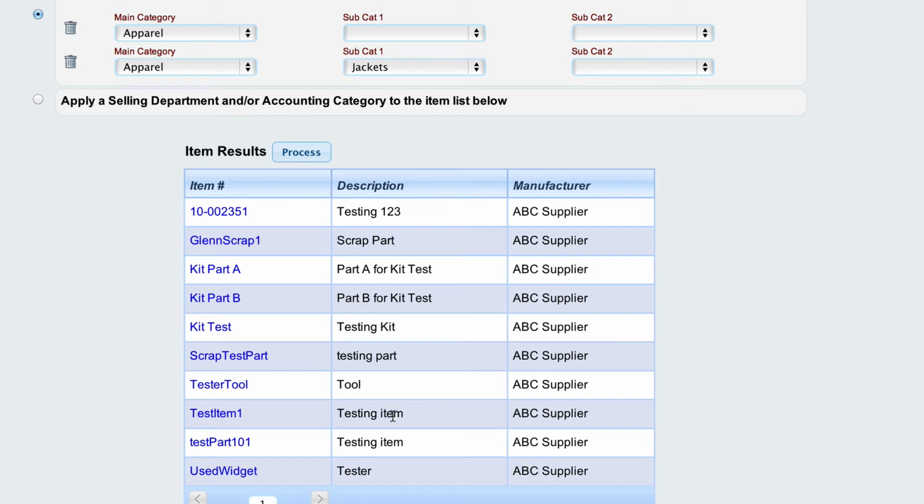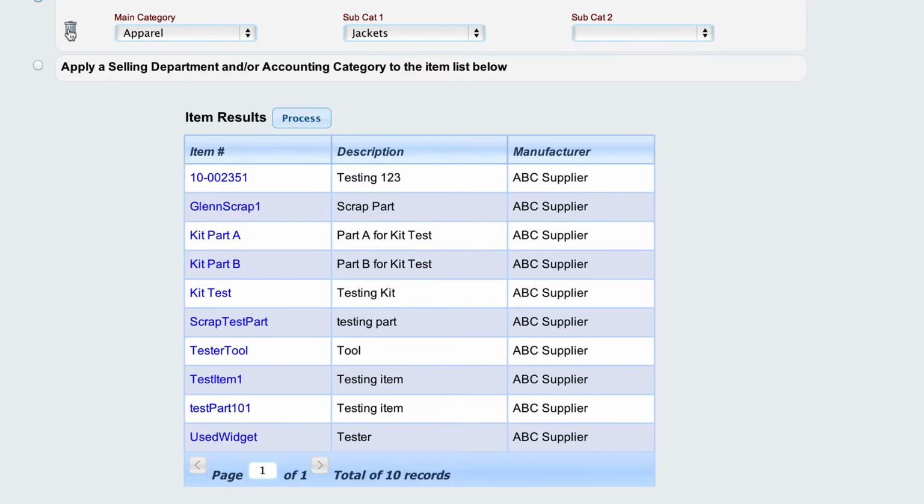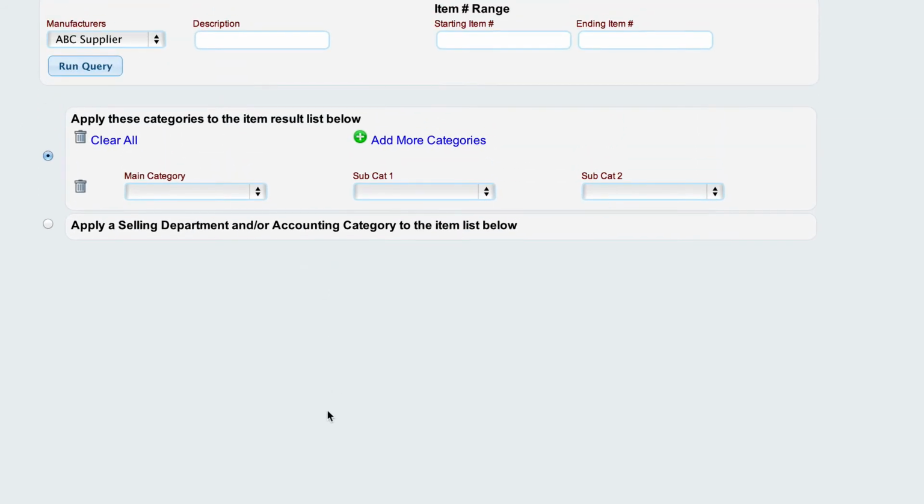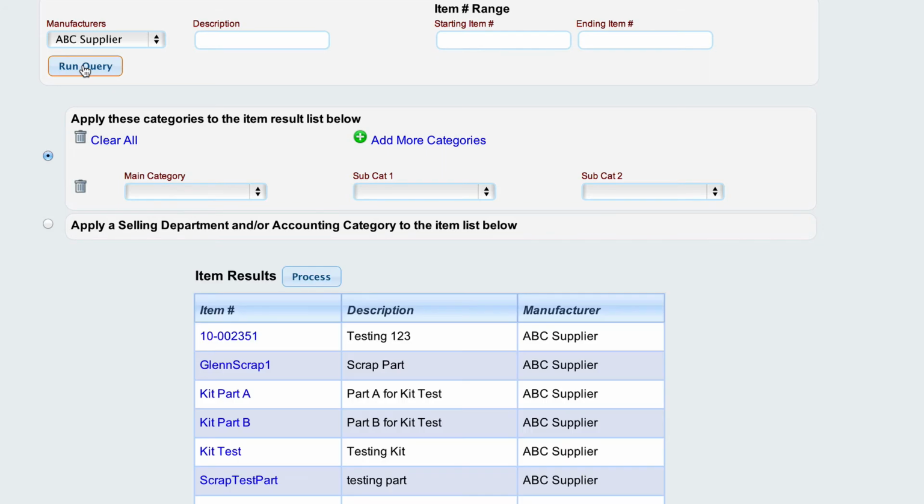If they're already set up, then it's not going to hurt anything. It'll just skip over the ones that have already got items for them. But in this case, I want to go ahead and delete these items off, and I'm going to hit process. And when I do that, Lizzy just went out and cleared all of the categories that were previously assigned